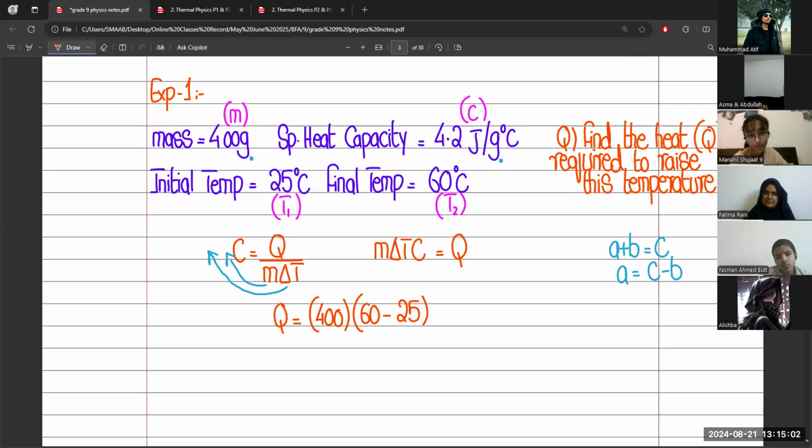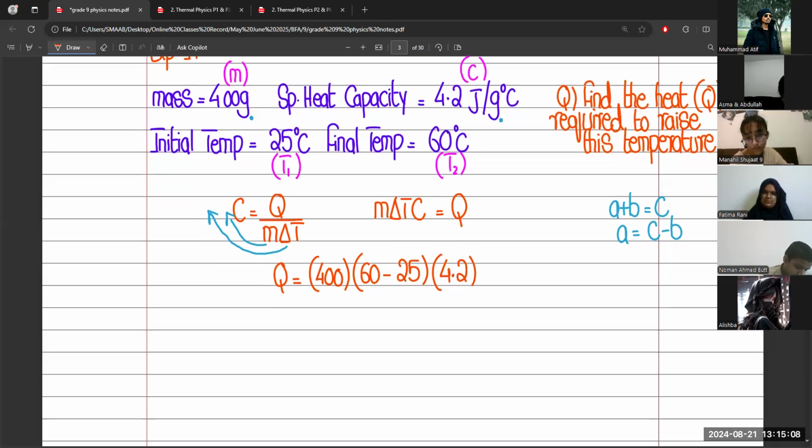And the value of C is 4.2. So when we subtract the values, you will get the answer 60 minus 25 is equal to 35,